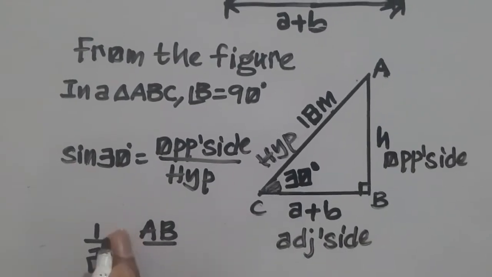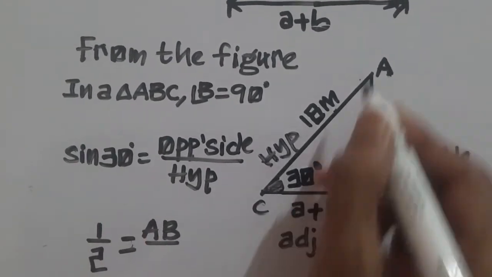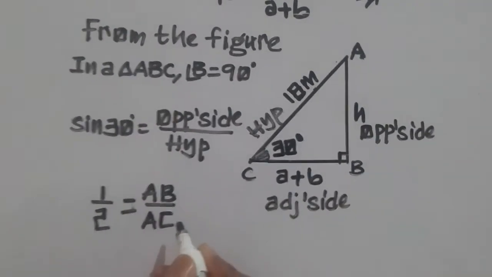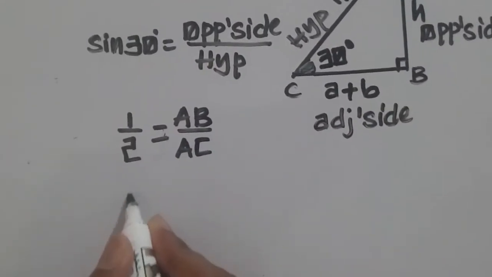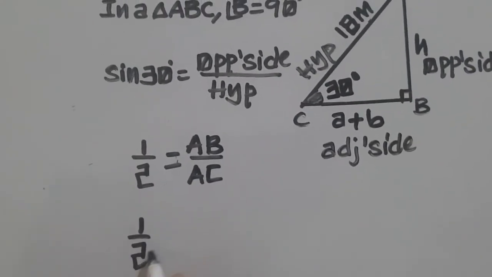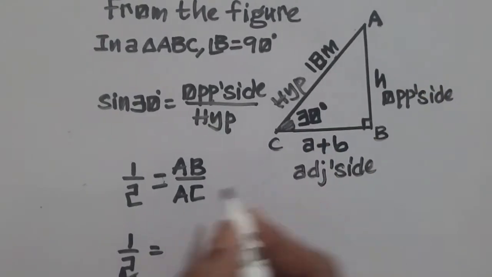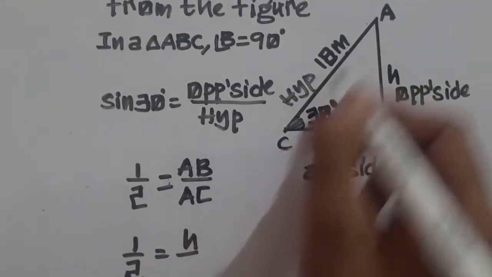Opposite side is AB, where hypotenuse is AC. Now 1 by 2 is equal to AB. Here the length of AB is H, the height of the pole, where AC is the length of the